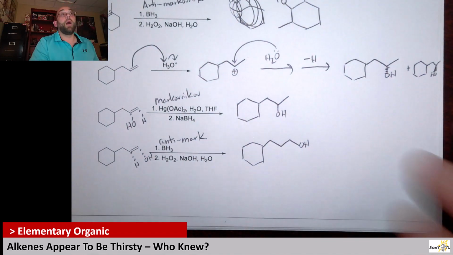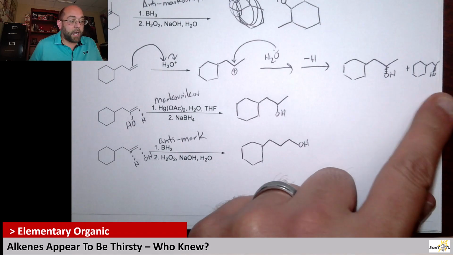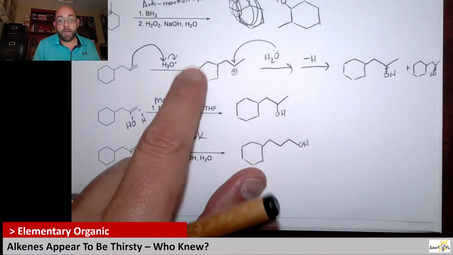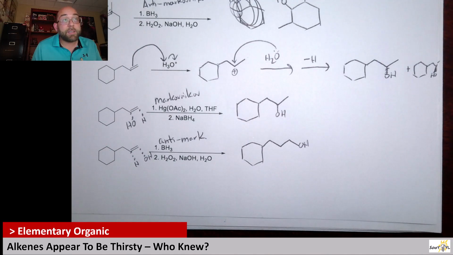Okay. Hopefully this was beneficial in you seeing a few different instances. You notice the only one we really worry about stereochemistry in terms of, do we get a chiral center in our product, is with the hydronium. We also notice that it's the only one that undergoes a rearrangement. Okay, while with mercury, we just think Markovnikov, put the OH on the more substituted carbon. With hydroboration, we always think put the OH on the less substituted carbon. And that's it,